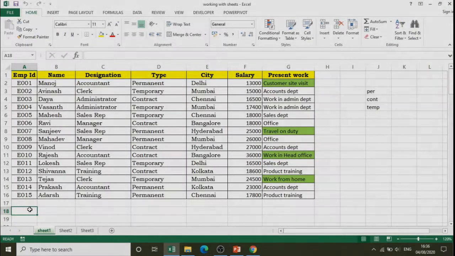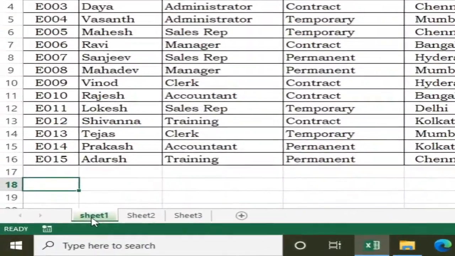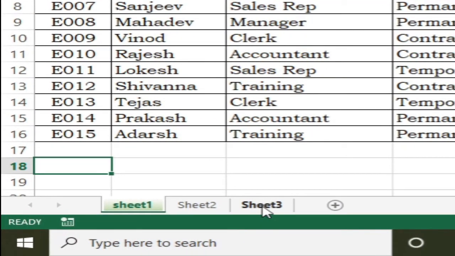We will look at an example so that we can understand the sheets better. In this example we have a workbook with the name Working with Sheets in Excel. This is the file, or we can call it a workbook. This will be an active workbook, and in this workbook we have 3 sheets, that is Sheet 1, Sheet 2, Sheet 3. And now the active worksheet is Sheet 1.